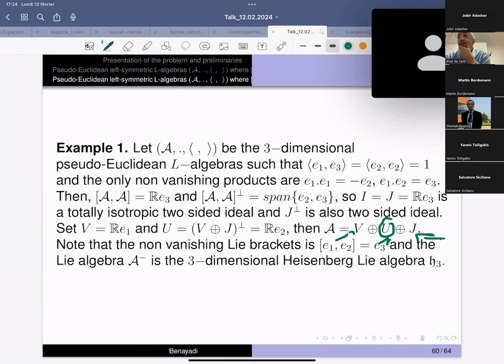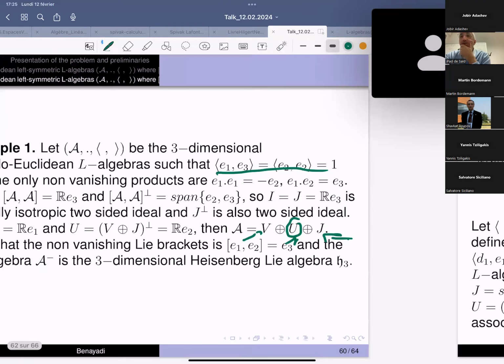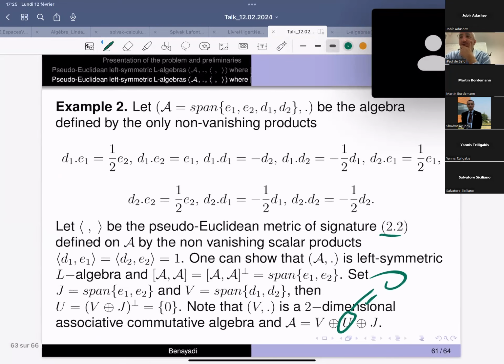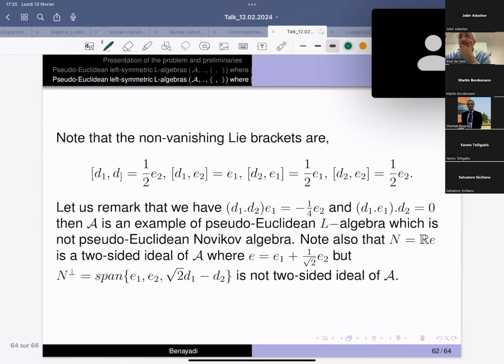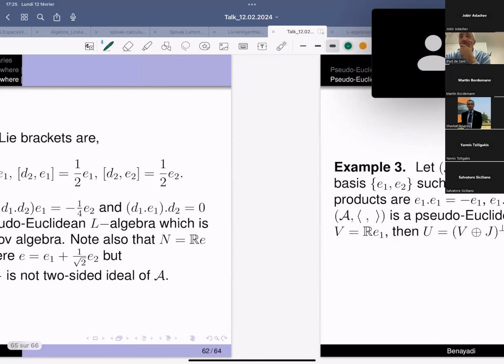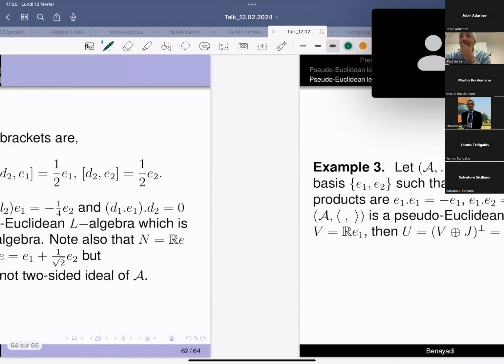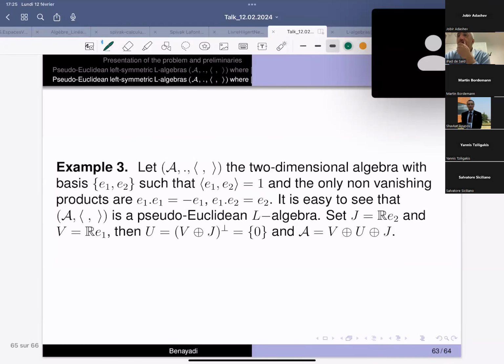This one you have a four-dimensional algebra, and not Novikov. This one is not Novikov, but this example is a two-dimensional algebra with this one. All the time, you have this, and you can take the list